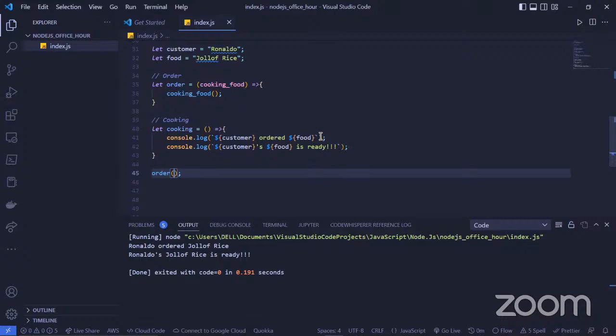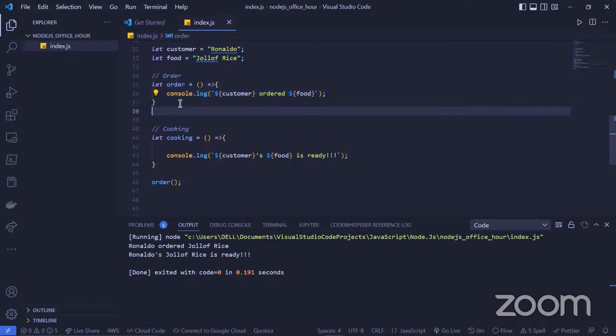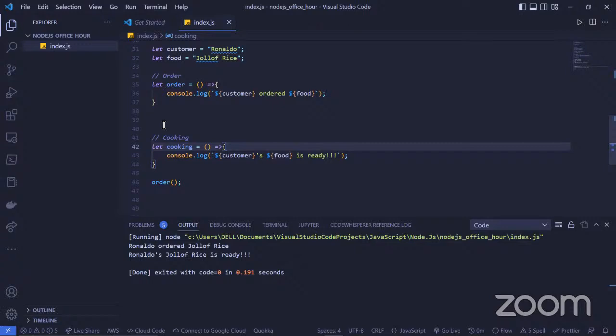Let's take for instance, there's another function for the order, cooking.